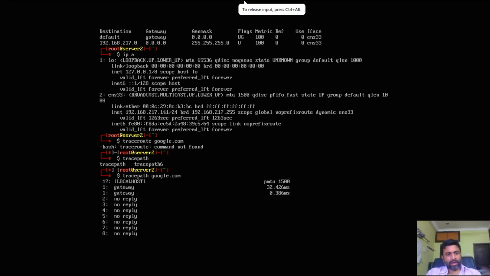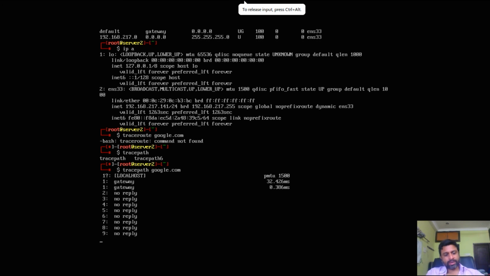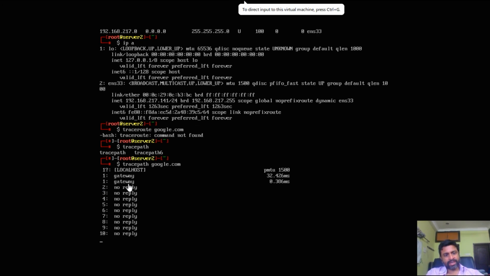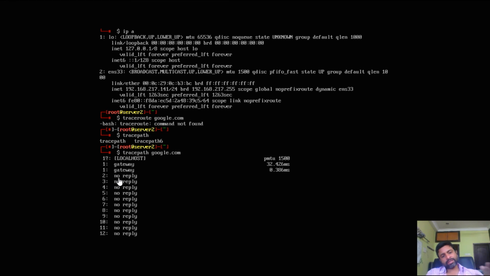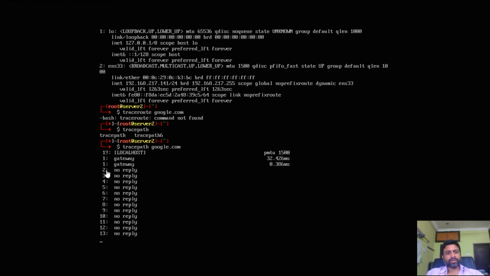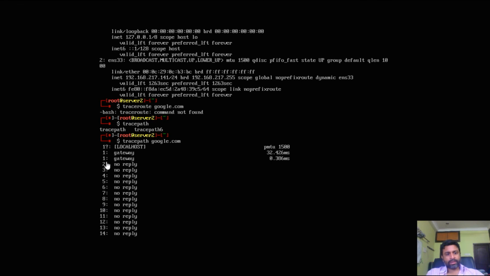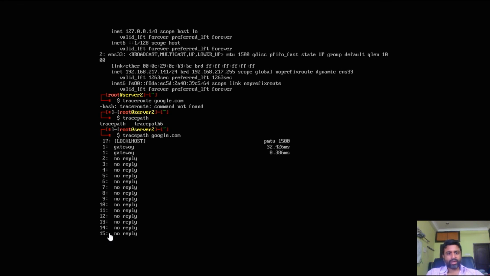These are called the hops. The 1, 2, 3, these are all called the hops. The first hop is made at the gateway. This is nothing but the local router, the network router. The second hop, which we don't know, has gone across the network through the internet. Third hop. In this way, it is moving across the network to reach google.com.